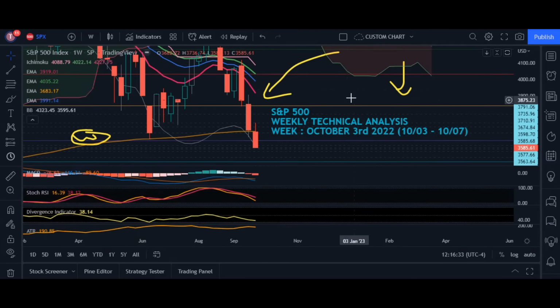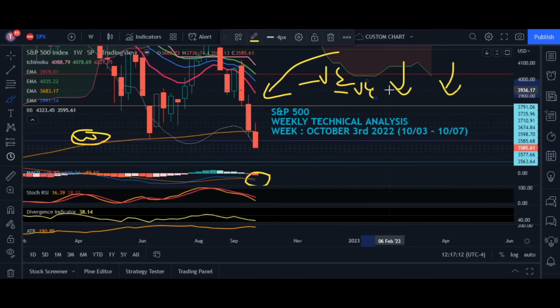Now let's see what other technical indicators are saying. First comes the MACD. There is a clear crossover in the MACD and the signal. The signal has crossed over the MACD, and now the directional MACD is bearish because the MACD is less than the signal, right? Now comes the second thing: both the MACD and the signal are negative on the weekly chart. So this is another confirmation that the S&P 500 is clearly, or heavily, bearish through the